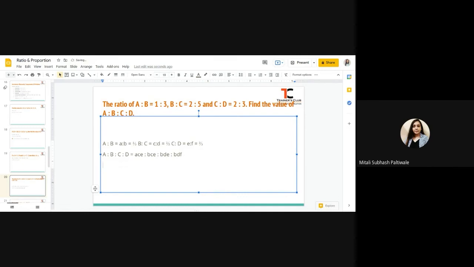Now let's do. Okay. Now A into C into E is 1 into 2 into 2. 1 into 2 into 2 are 4. Okay. Now BCE. B is 3 into 2. 3 into 2 is,